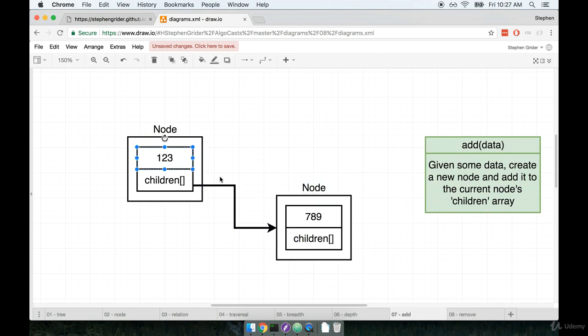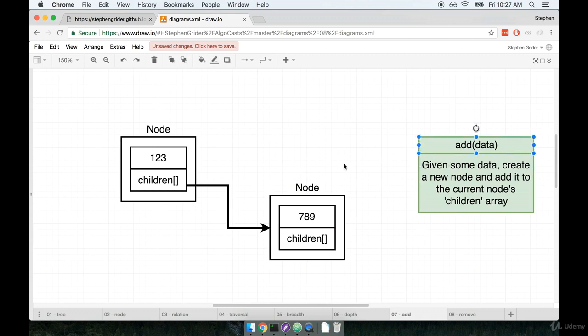Notice how the parent has some data of 1, 2, 3, and the child has some data of 7, 8, 9. And the parent has a reference to the child node inside of its children array. So the children array right here contains this node, and that's how we implement the hierarchy of our tree structure. So the goal of this add function that we are supposed to implement is